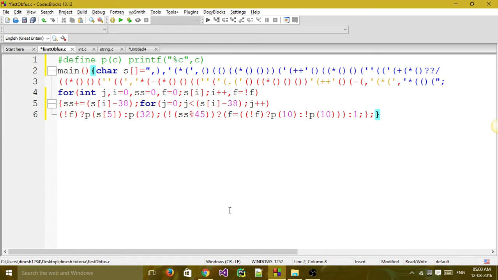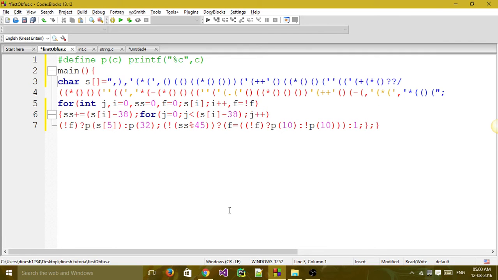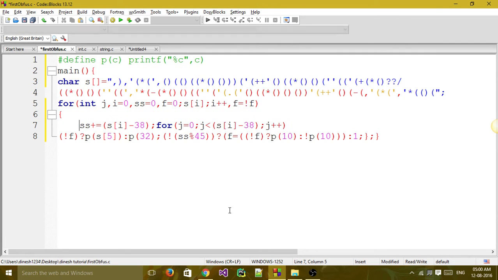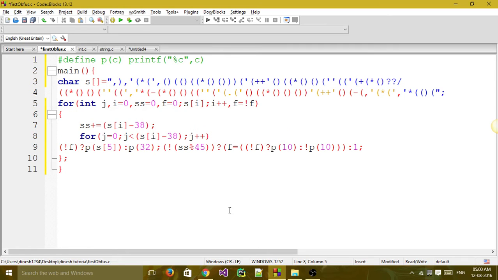Now let us indent them and properly space them. We'll get an enter here, here, and here, and here. So this is the ith loop and this is the jth loop.